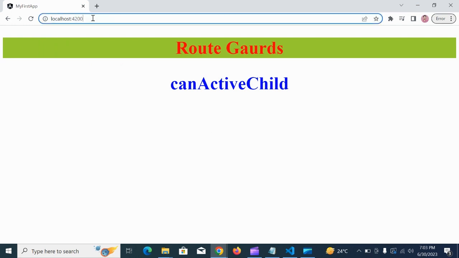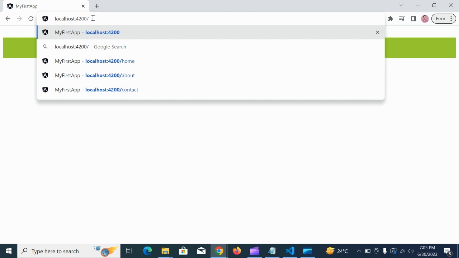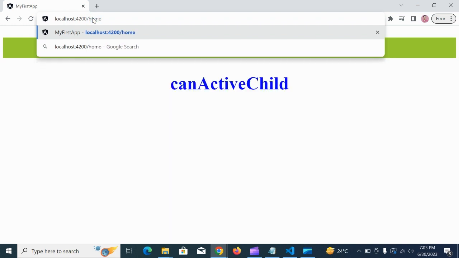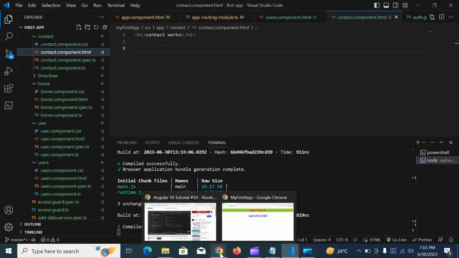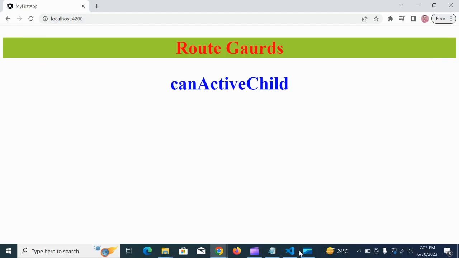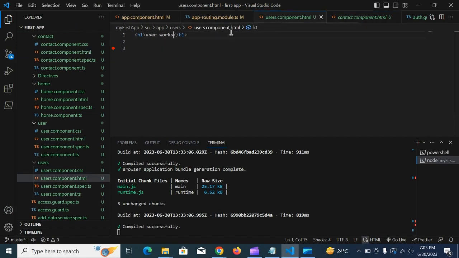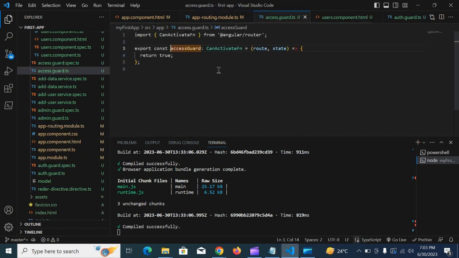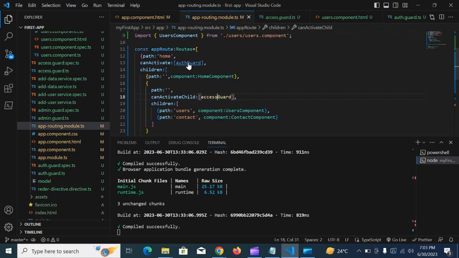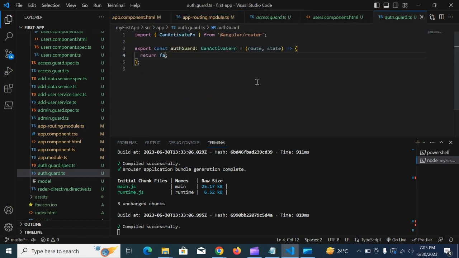Then we will provide home, and contact. So I think it has a problem. What happened exactly? We have to check now. So canActivate, canActivateChild, how it is behaving. First of all, we have to check here the can access code. The can access code is true, so if it's false, that's why it's not showing. So when we click on the true,